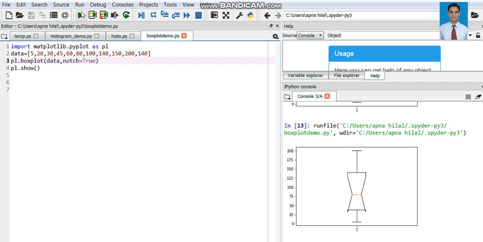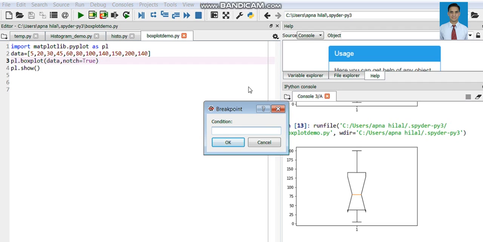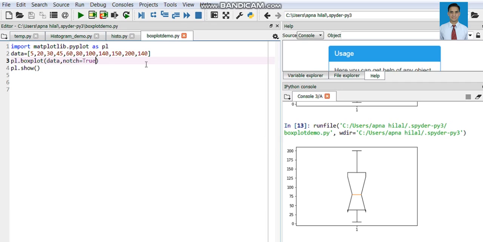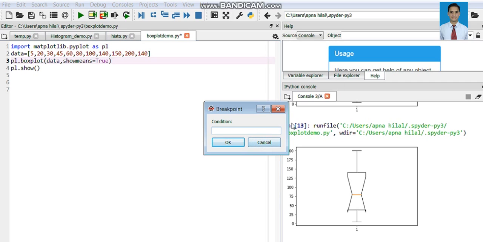Let us use another parameter, that is showmeans equals true. Let us see the effect of it.